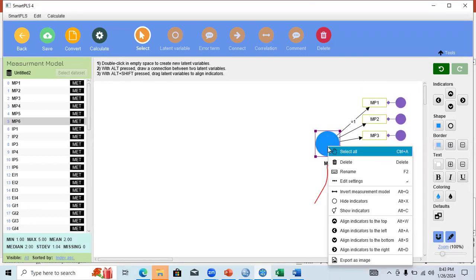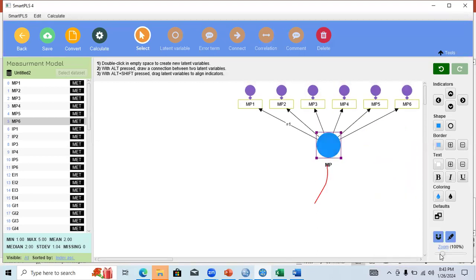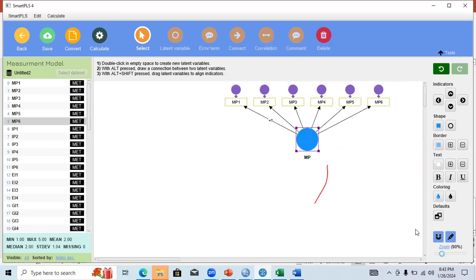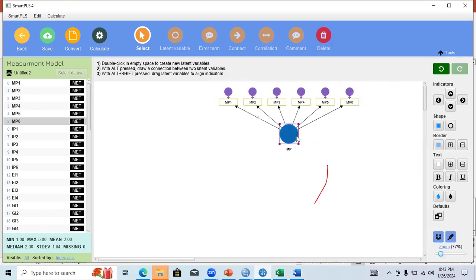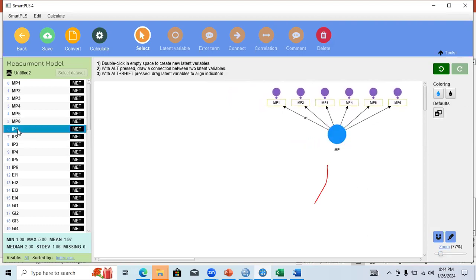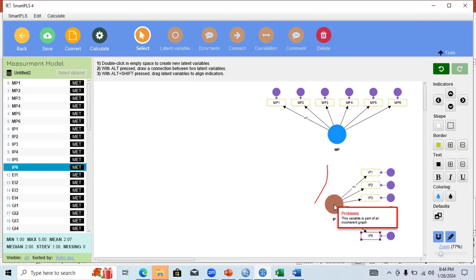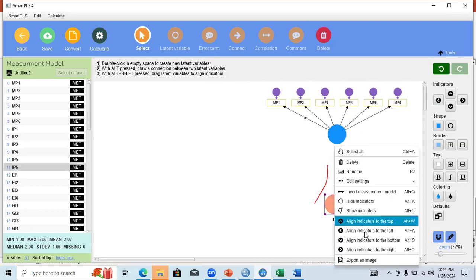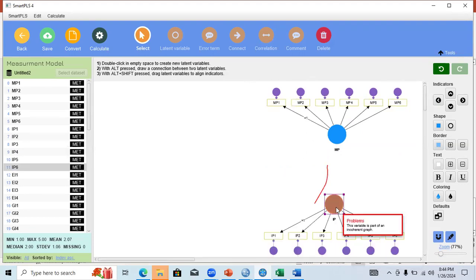You can link it upside like this. You can make some space over here like this. You can see zoom in, zoom out. The other variable was this one. You can put it here like this, and you can put it in the bottom side like this.